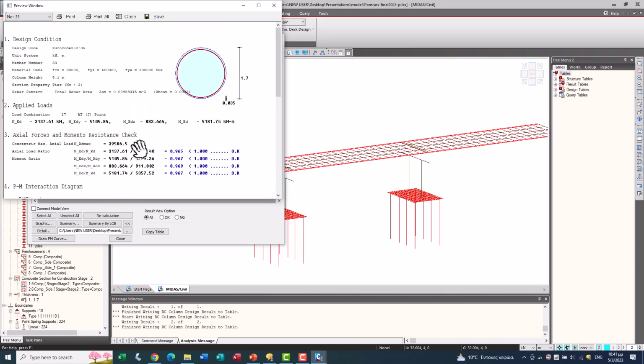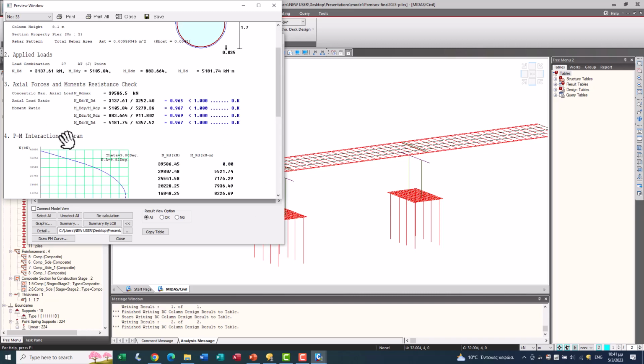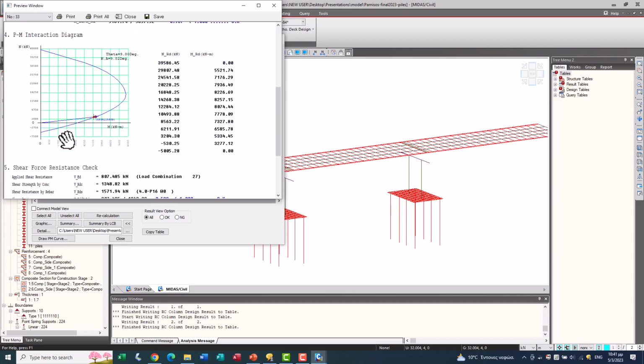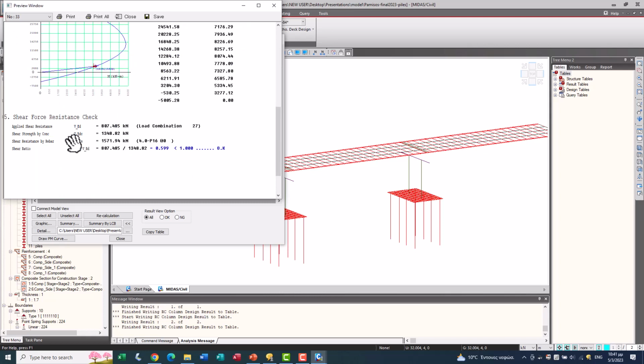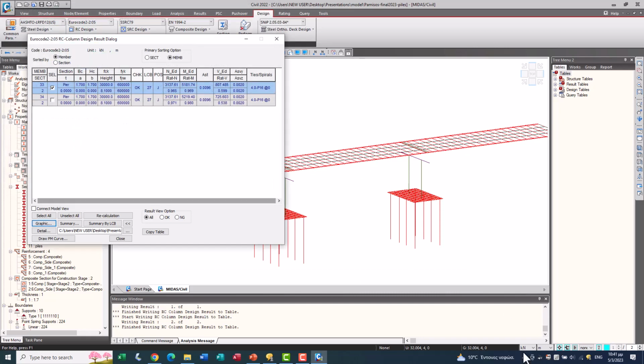Here are our checks. I'll make this centimeter.